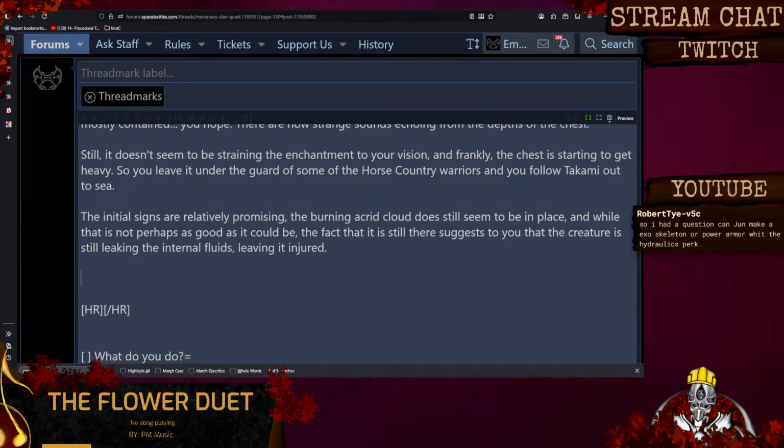Jun has the technical knowledge now on how to do it, between the computing improvements and the fusion cores giving them enough power generation. So I guess the most logical